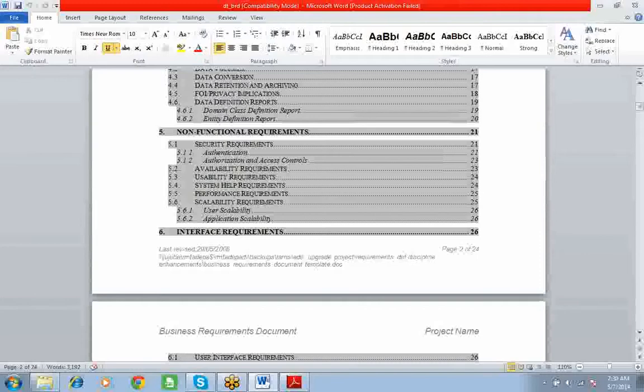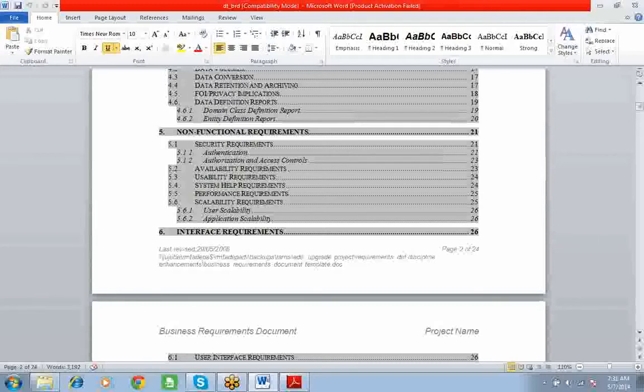Availability means at what time this application is available. Okay, 24/7 or only 10 hours per day, only 2 hours per day, like this. Usability requirements, system help requirements. For every application you will find a help option, right? Suppose you are new to Facebook, you don't know how to register, you will find the help option. When you click on that, it will explain to you.